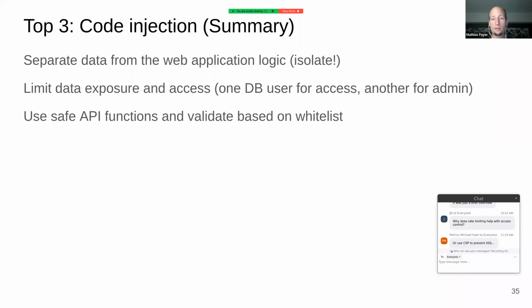So one database user for access, another one for admin as an isolation principle, and then use safe API functions and validate based on allow lists instead of doing this in an unsafe manner. And just follow best practices to enforce these kinds of separation, and just be aware of